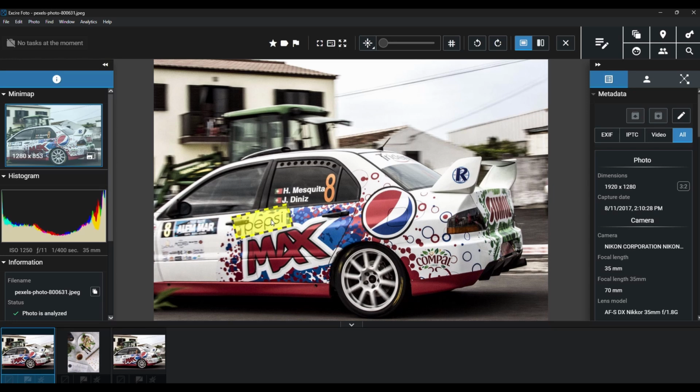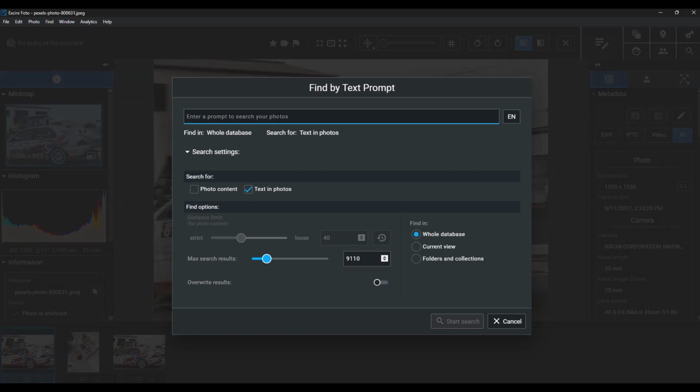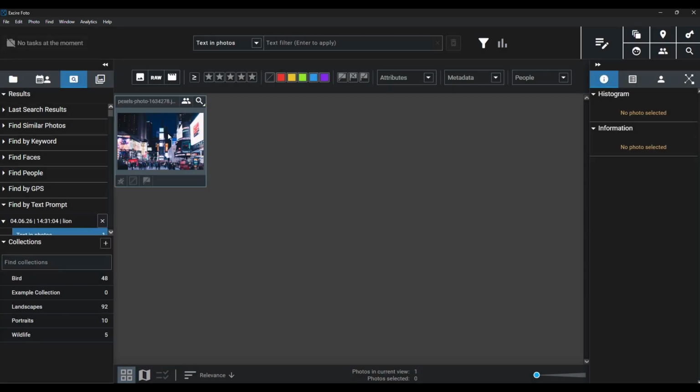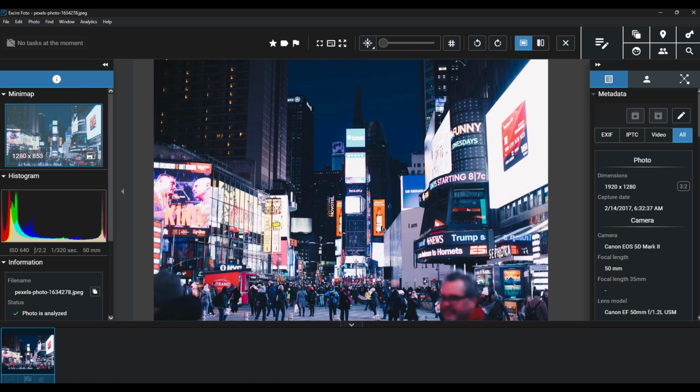Briefly, I do also want to mention a couple more items. First, as I noted at the start of this tutorial, you can use this intelligent text recognition feature along with Excire's other search tools. So if I search for the word lion, I only get one image here. Let's go ahead and click on it. And Excire noticed the word lion here for this Lion King advertisement in a New York City image